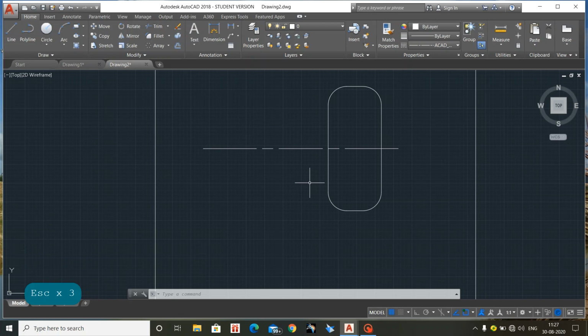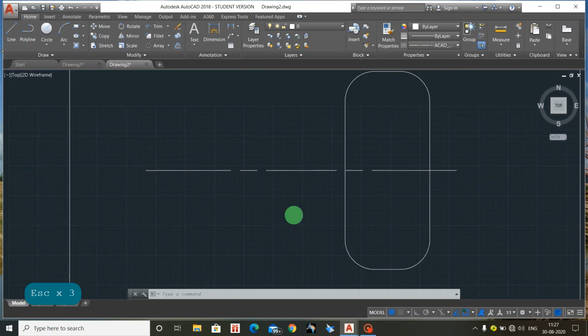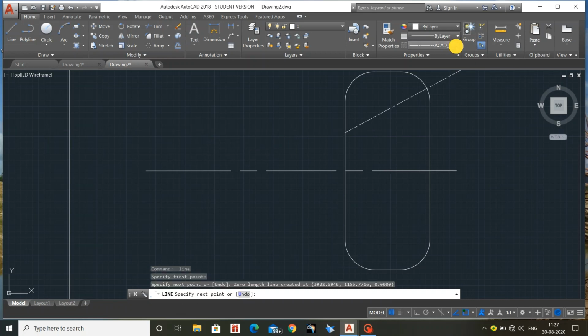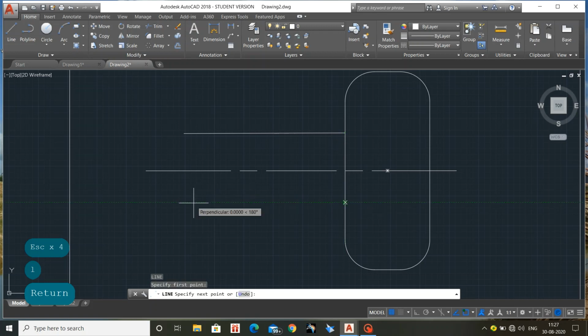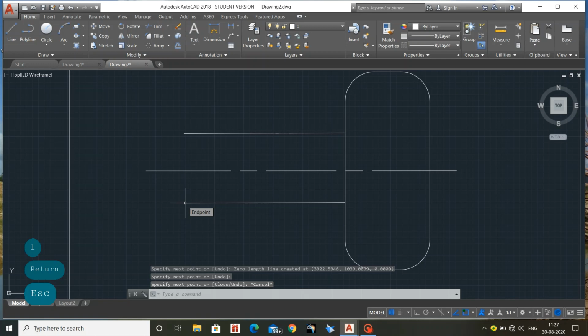Again we need to construct the line, means we need to construct the side ones. So let me take, see, these are all just estimated diagrams, not exact diagrams. I need to change the line type, I forgot it, so I have changed it. See, drawn. Okay, now next, similar to that, I need to draw a line this side also. Yes, done. Now I'm checking this. Okay, done.